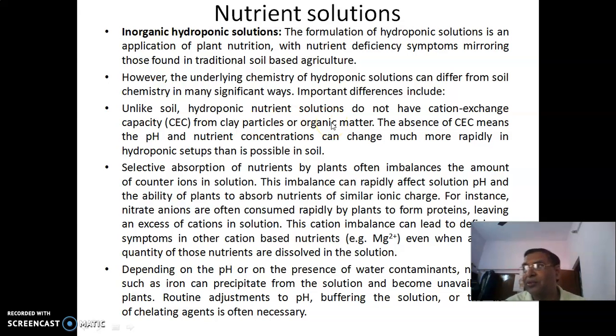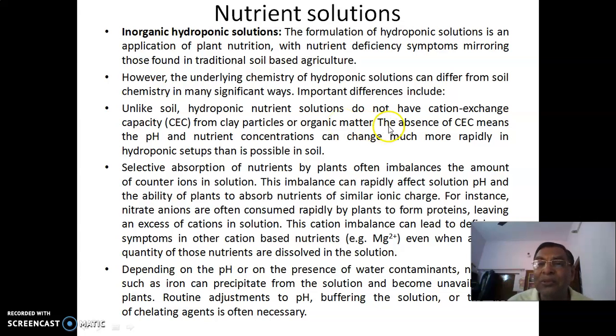During the discussion of salt problems in irrigated lands, we dwelt upon what is meant by cation exchange. Cation exchange is simply this: in the soil you have clay particles, and they are negatively charged. So whenever clay is negatively charged, some positively charged cations will form a bond. They will be exchanged; they will sit on these negatively charged sites, and the stronger cations will replace the others. Such a cation exchange capacity phenomenon is not there because there is no soil here.